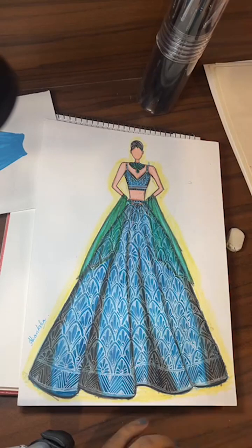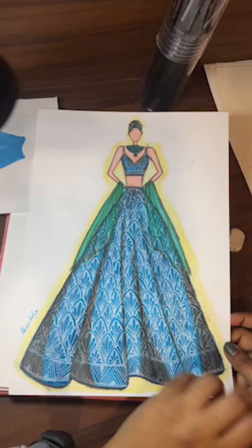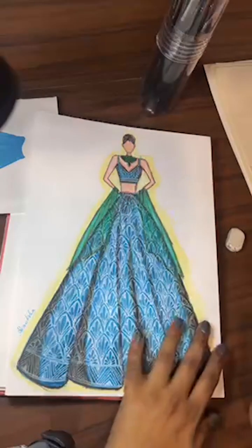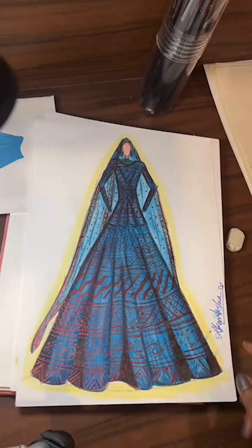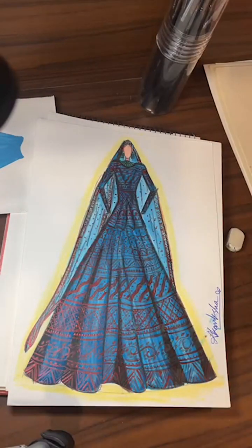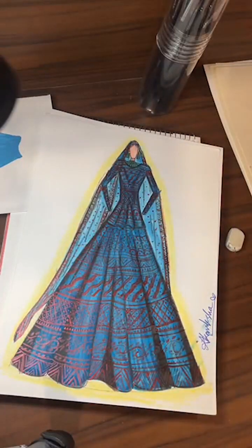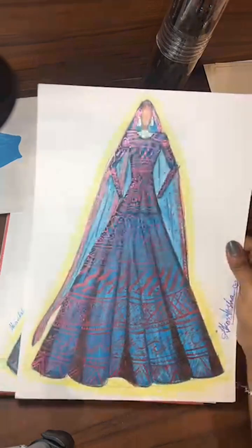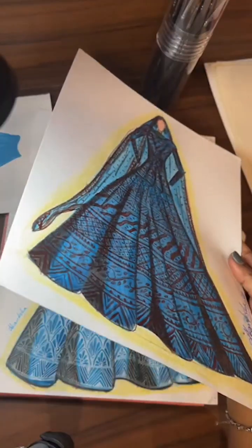So what we will do is, now I'll let you know what are different kinds of fashion illustrations or ways to make them. So what are different ways? Basically any fashion illustration can be made with the help of 3 ways. One is with the help of emboss technique. Second one is with the help of acrylics onto a watercolor medium. And the third one is using an ink based medium. It can be pen, it can be ink pots, it could be with the help of detailing brush and inks